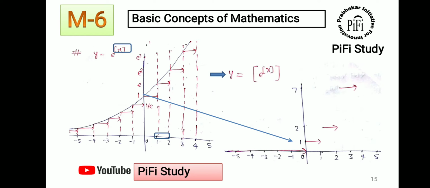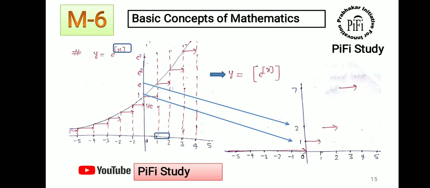and if you forward these things, for 1 to 2, then you have to take the value of e from the e to the power greatest integer x. So value of e is 2.7 something, so the greatest integer of 2.7 is 2, so just put the value of 2. Similarly e square is equal to 7.29, then when you will take the greatest integer of 7.29 you will get the value 7.